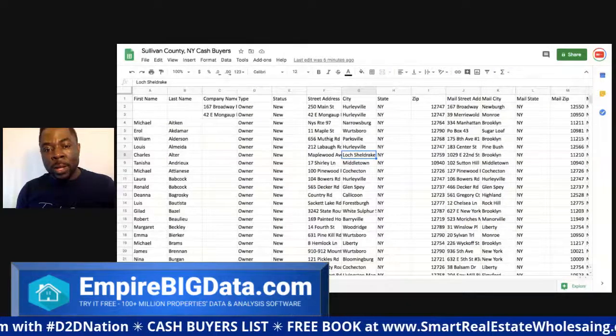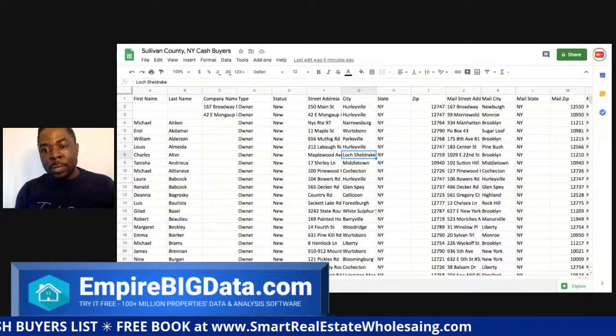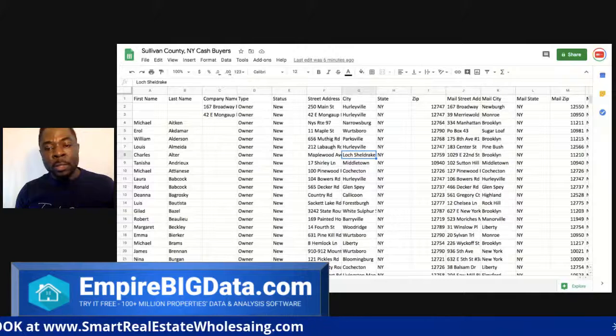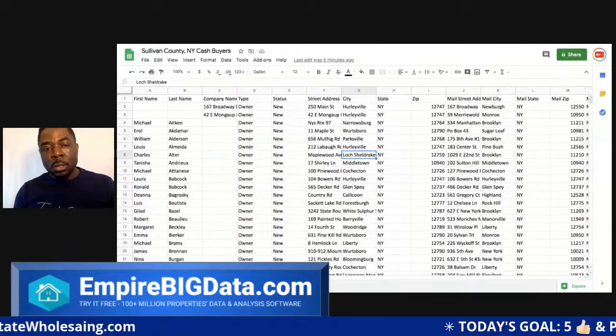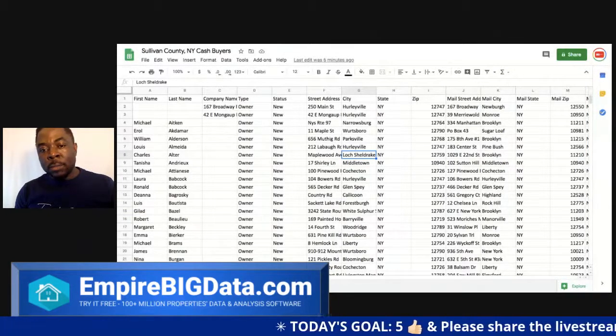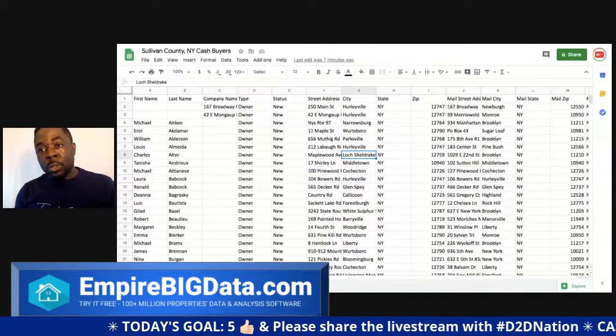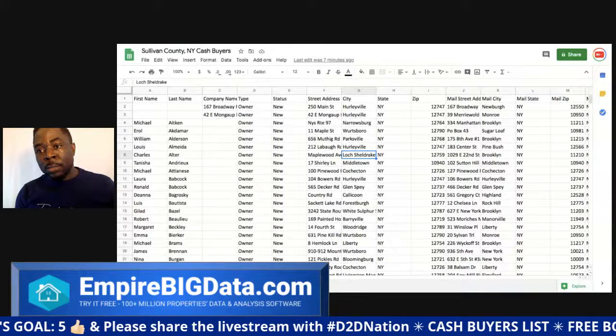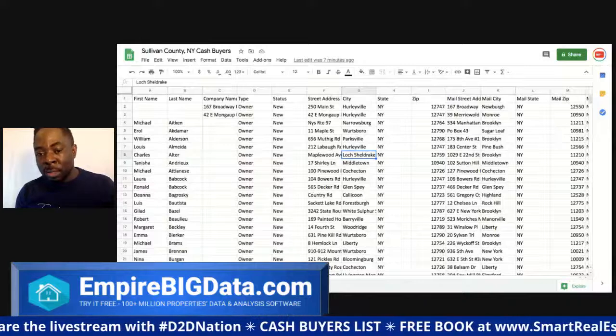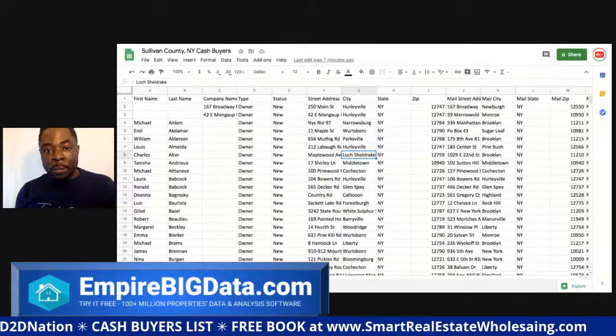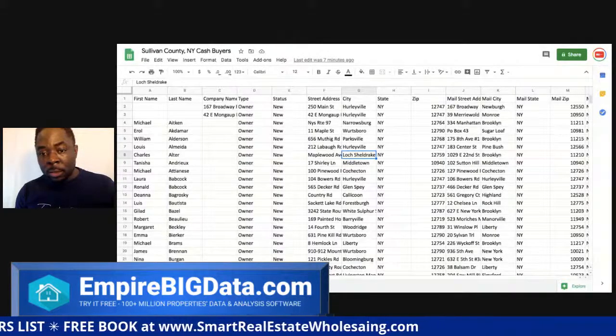This is moving a little faster. We got email addresses 1, 2, 3, and everything is broken down into each column, and that's what I like about it. So you're going to have to collect all of these email addresses, and then we also have a cell number right here.